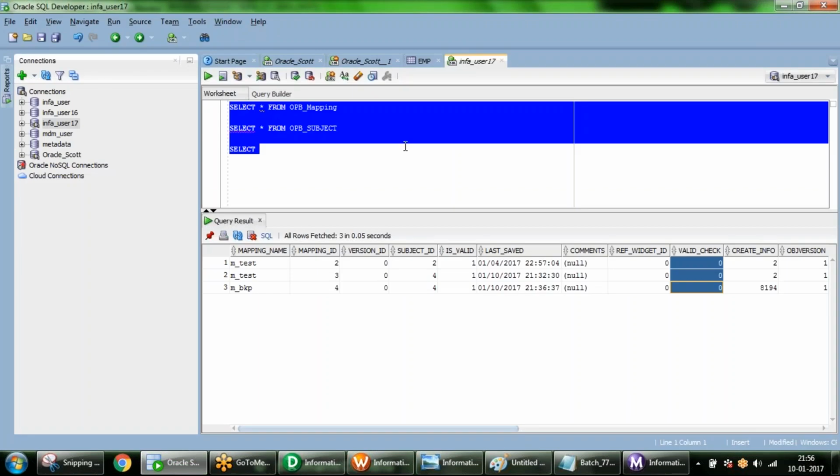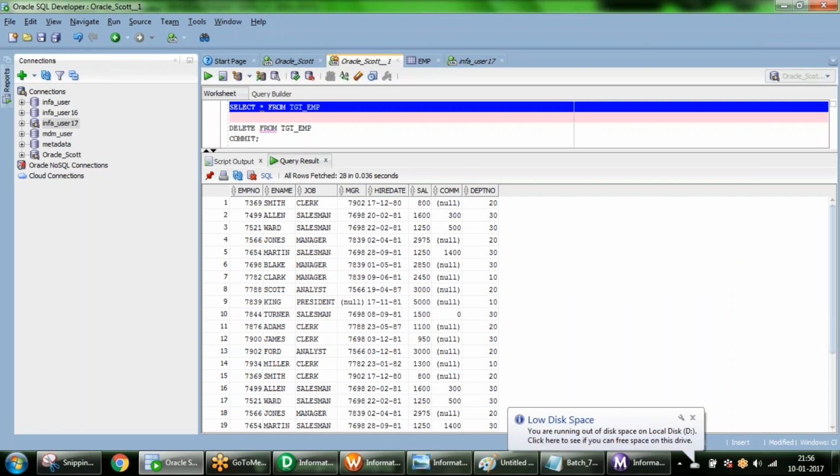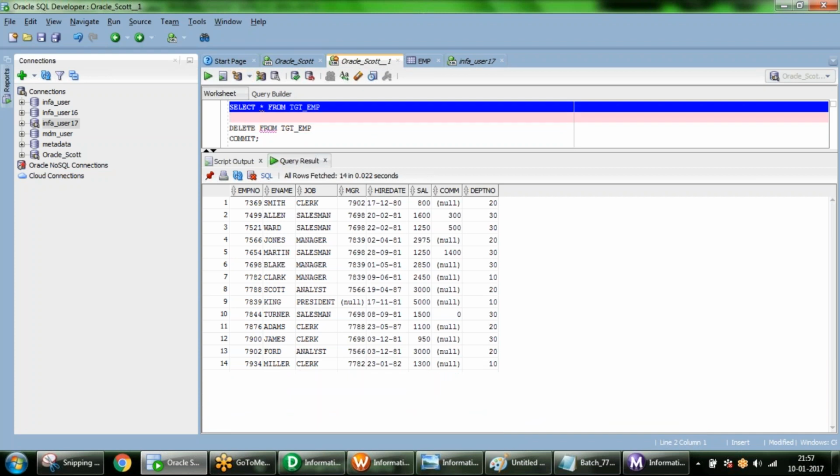If we don't set that option and restart the same workflow, it is going to load the same data again, and maybe if your target table is defined with a primary key, it will fail stating that primary key is violated. Because on my target table, I don't have any keys defined. Everything we'll see going forward one by one.